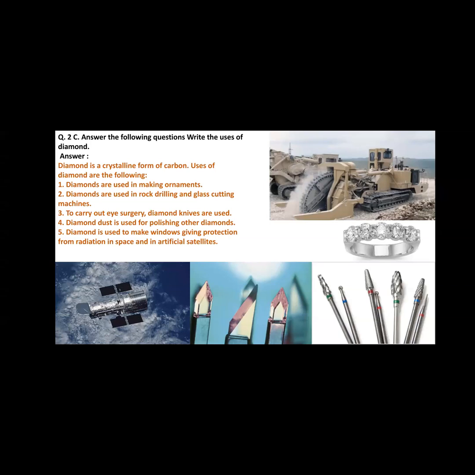So diamond is used to make windows, giving protection from the radiation in space and in artificial satellites. The artificial satellite that revolves around the Earth is outside the ozone layer, so it faces the harmful radiation directly from the sun and other solar systems. To protect it from the strong radiation from the sun directly,